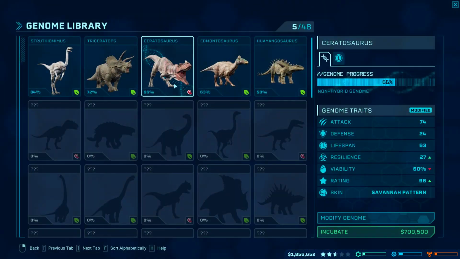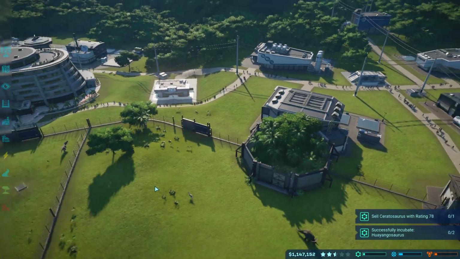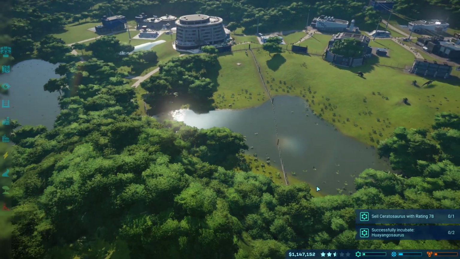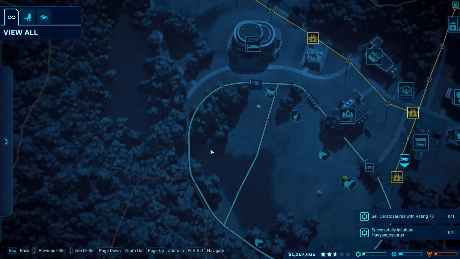what's life without a little risk? We have 66% chance. Please don't fail, bud. We need to sell a Ceratosaurus with a 78 rating. What is...